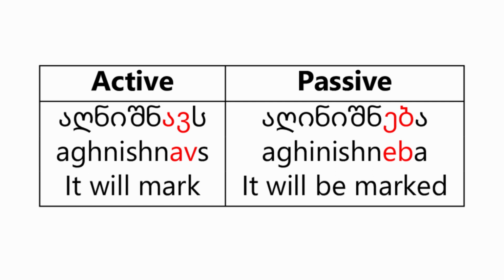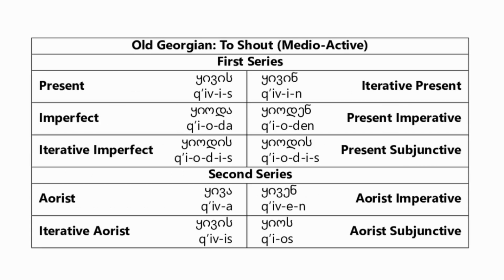So this collective guy proper is much more common in passive verbs than even active verbs. With the medioactive verbs, or class 3 verbs, it's actually a more interesting story. These guys did not have preverbs in Old Georgian, and they also didn't have these series markers, as you see in this conjugation chart. But when the set of screeves changed from Old Georgian to Georgian, and preverbs started to